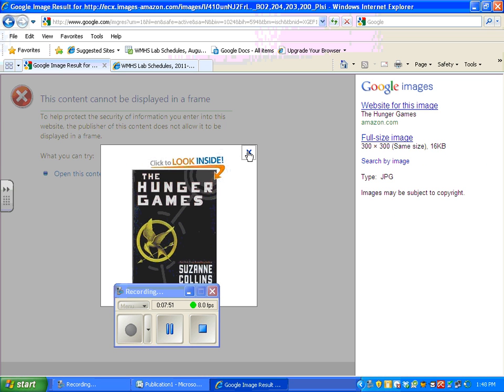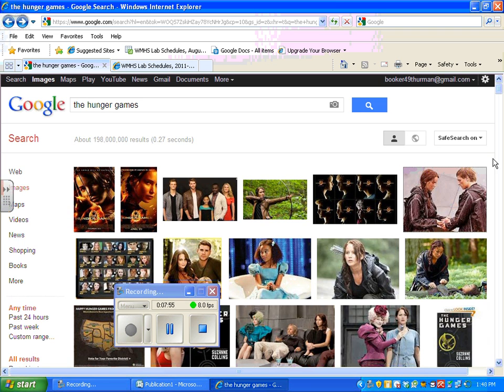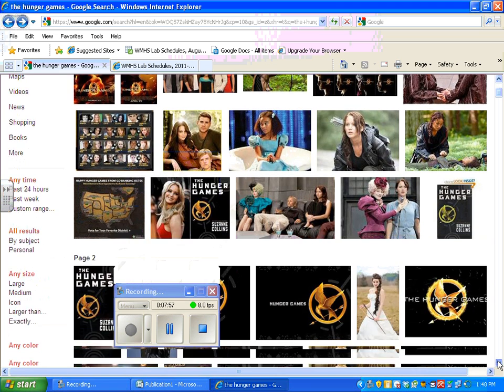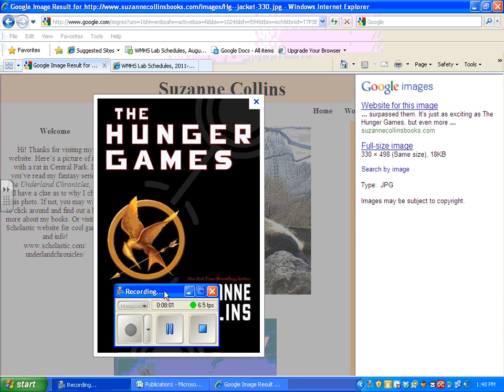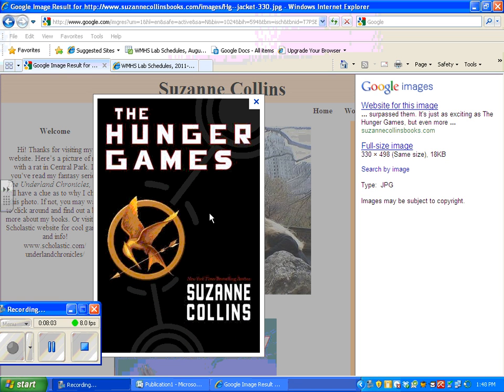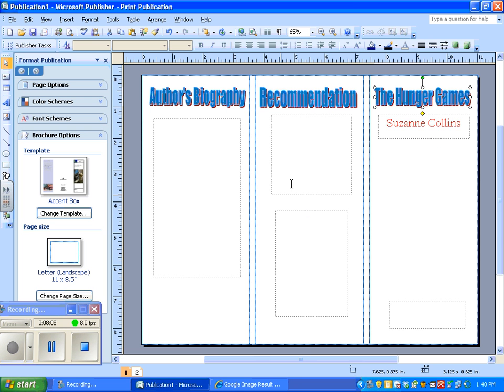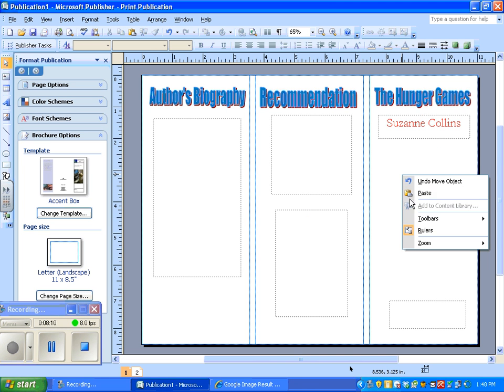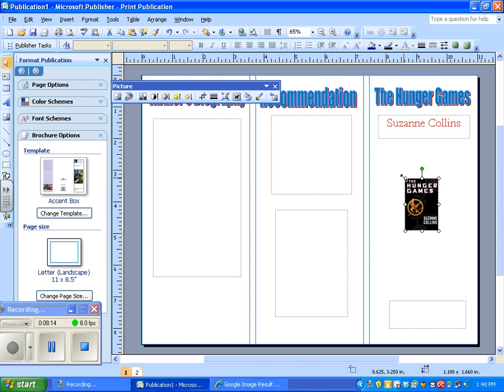I don't like this one because it has the white around it, so let me look for a different one. Okay, this one looks good. Okay, let me right click, copy, open back my publication, and right click and paste. Okay, and there's the cover of my book,